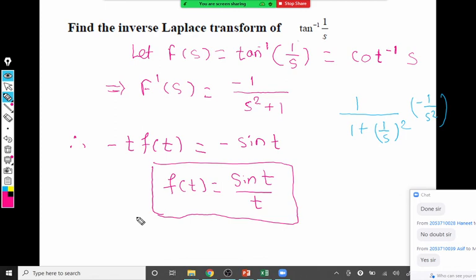It's not so difficult, but what is important is observation and using the correct simplification. You can do this differentiation also. After that, you are going to get this only, without cot inverse also, and you are going to get the same answer. Go by any method, any way, the answer will not change. And we already know Laplace of sin t upon t is cot inverse s. We already completed that example. So both ways it is coming the same. After this step, you should write taking inverse Laplace on both sides, and then we get this step. Inverse Laplace of f dash s is this one, and inverse of that part is here.